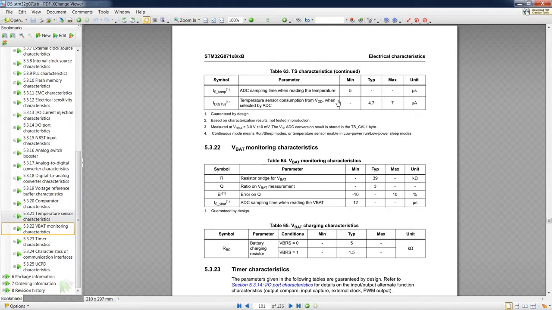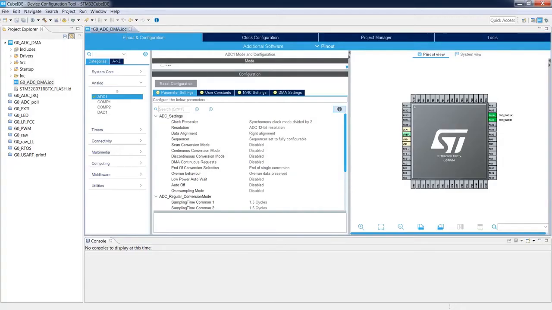microseconds. Having these 5 microseconds as a minimum sampling time requested for the internal temperature sensor, and knowing that our ADC would be clocked by 8 MHz, we can calculate easily that we need at least 40 clock cycles of this 8 MHz clock to properly sample our ADC channel temperature sensor.